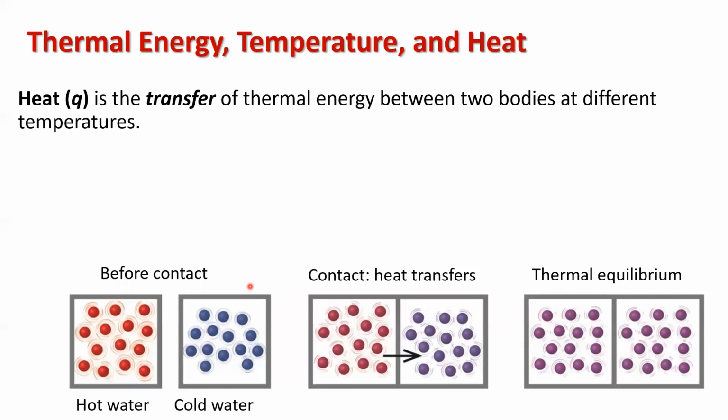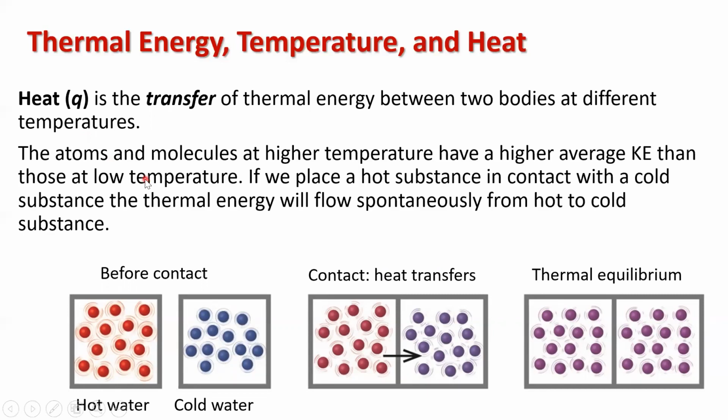When we deal with heat, heat is the transfer of thermal energy between two substances or between two bodies. The bodies would initially be at different temperatures. So heat is a transfer of thermal energy. When you say something's being heated up, energy is being transferred from one substance to another. And the energy will always be transferred from where it has a higher average